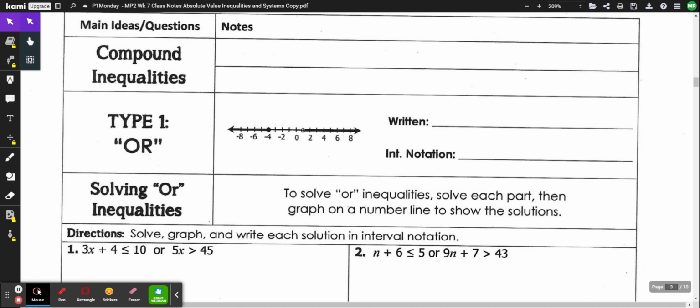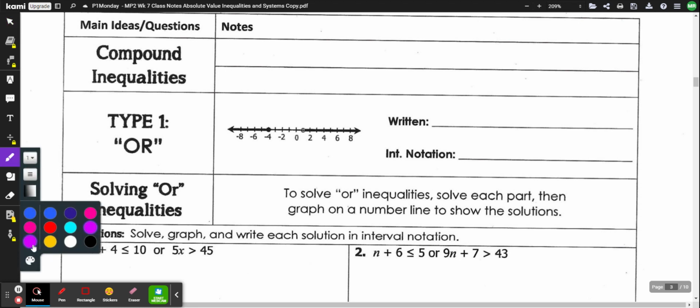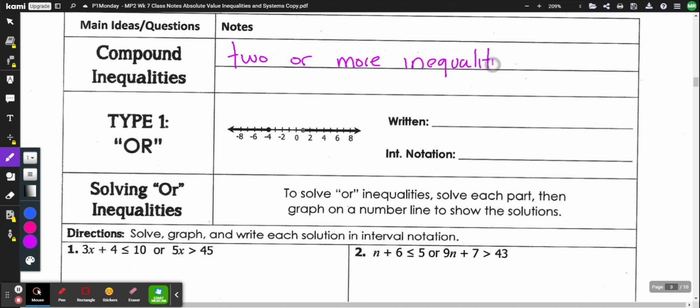Today we're gonna talk about compound inequalities, and these are real simple. It's what we've been covering as far as inequalities go, except we're gonna talk about having two or more inequalities that are graphed together on the same line. Okay, I'm going to go a little bit slow today, talk a little slower and write a little slower,